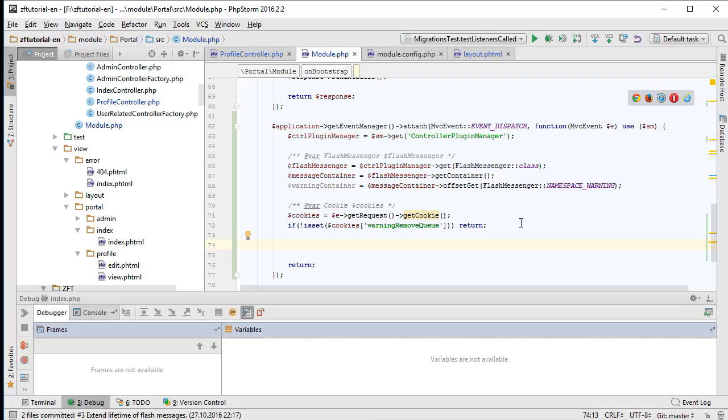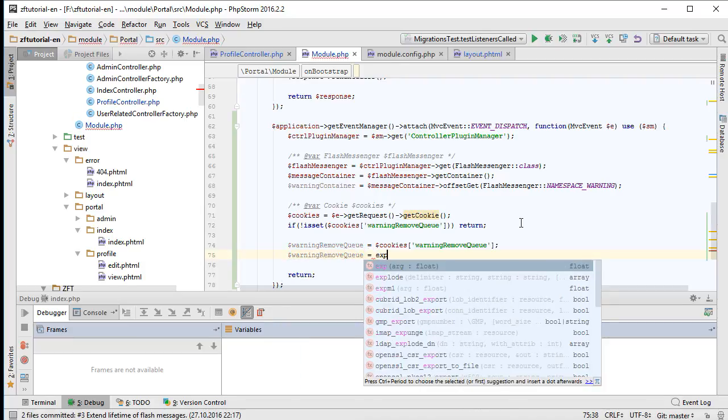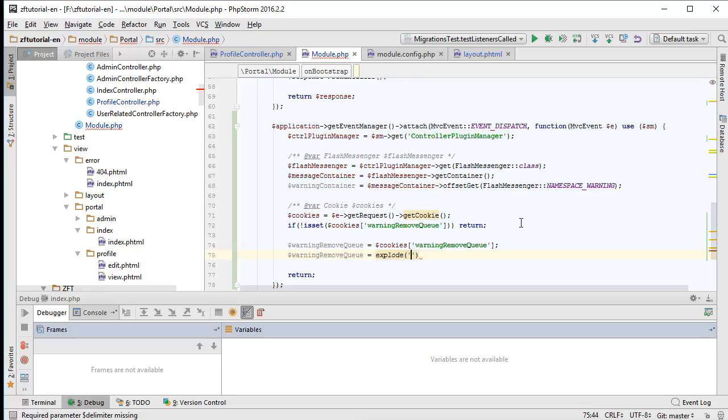Then if that key does exist, we have the warning remove queue and the warning remove queue key. That is a comma separated string, so we'll explode it by the comma,